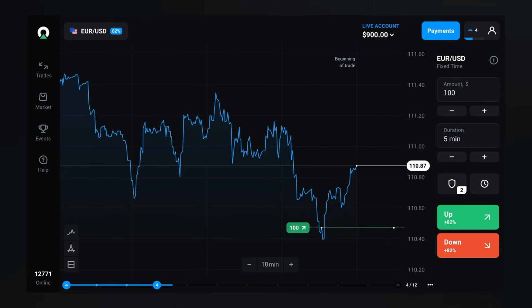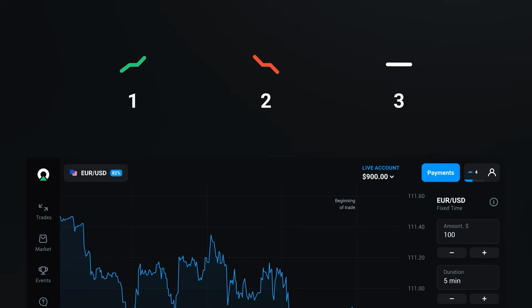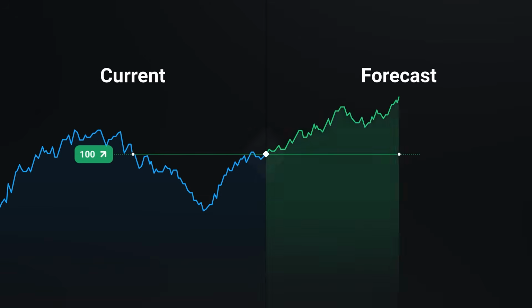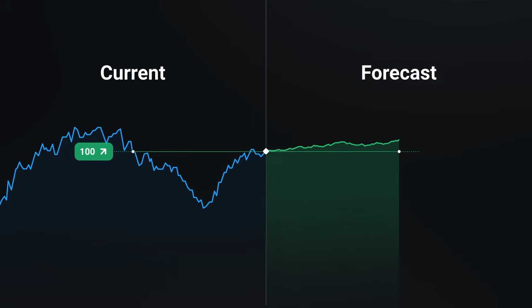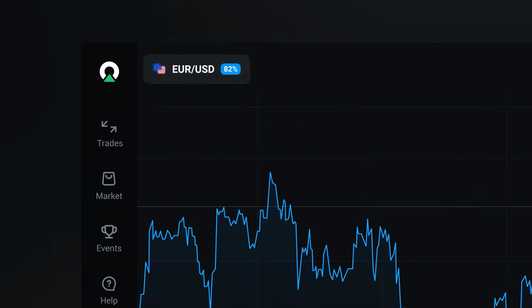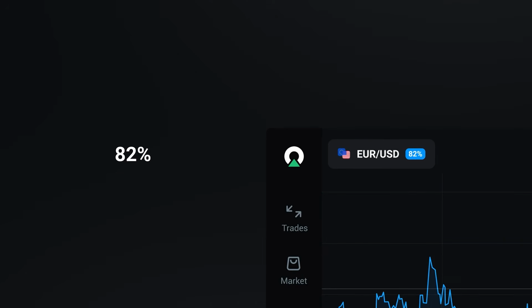After opening the up trade, we have 3 possible outcomes. The first outcome: in 5 minutes the price will be above the opening point. The trade will close with a profit even if the price movement was minimal. We know the amount of profit in advance as it is displayed next to the name of the asset. In our case, it's 82%. This means that on a $100 trade, our net profit will be $82, and our total profit will amount to